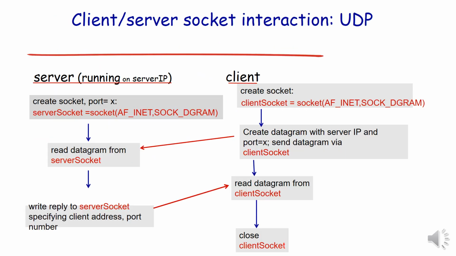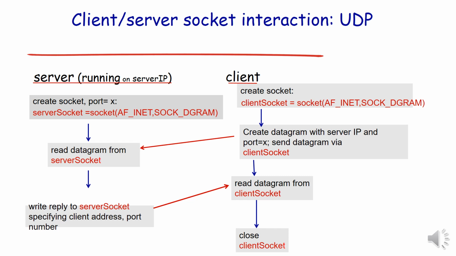This figure explains the flow diagram of client-server socket interaction in UDP mode. The server is always on and in listening mode. The server creates a socket with the arguments AF_INET and SOCK_DGRAM. The client also creates a similar socket. AF_INET represents the address family and SOCK_DGRAM represents a socket of type datagram. Both these must be common to both server and client.